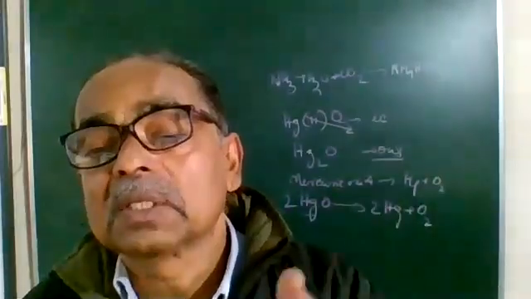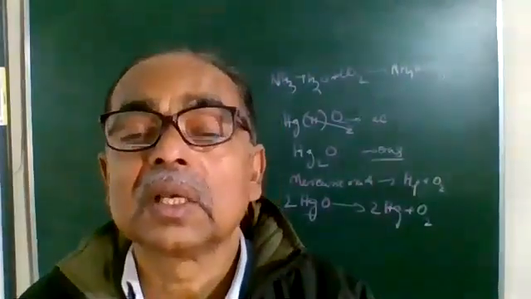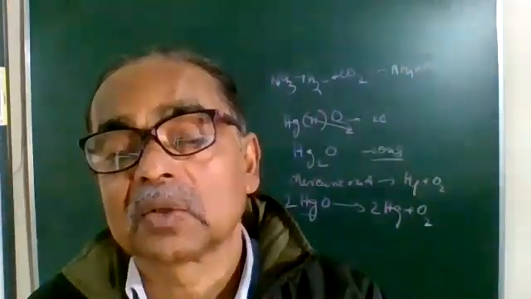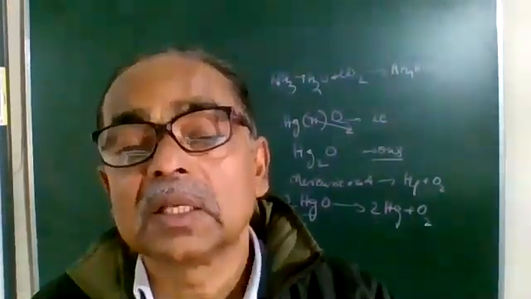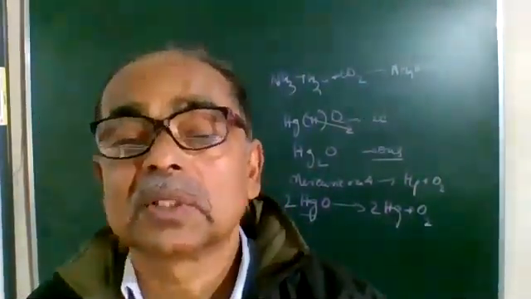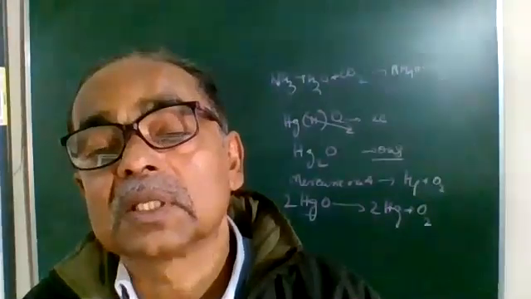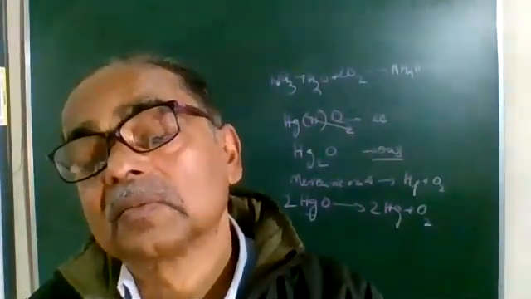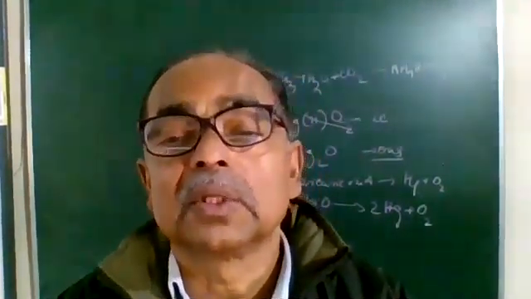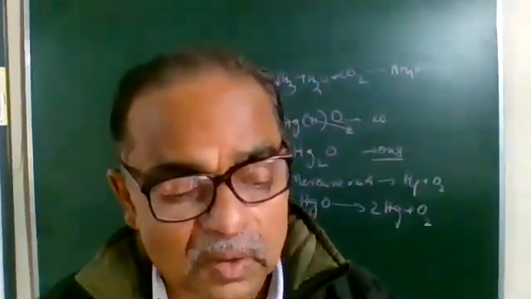So what happens when green vitriol is heated? First thing, water of crystallization is lost and it becomes grayish white. On further heating strongly, it gets converted into reddish brown, releasing suffocating sulfur dioxide and sulfur trioxide, SO2 and SO3. And these have a burning sulfur smell, a characteristic. So this is about thermal decomposition. Understood it? When green vitriol is heated, first the 7H2O is lost and the color is lost. Then on further heating, it gets converted into reddish brown due to the formation of Fe2O3 plus SO2 and SO3. SO2 and SO3 are what? A burning sulfur smell or a suffocating gas.